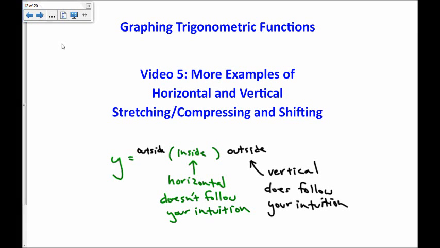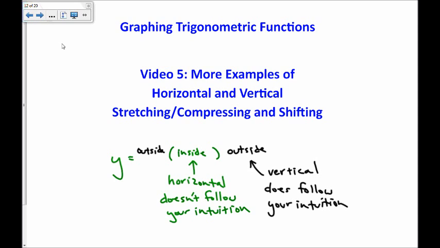This is the fifth video in a series of videos about graphing trigonometric functions. And in this video, I will focus on some examples of horizontal and vertical stretching, compressing, and shifting. Okay, I will draw very heavily from the content in video 4, where I introduced the ideas of horizontal, vertical